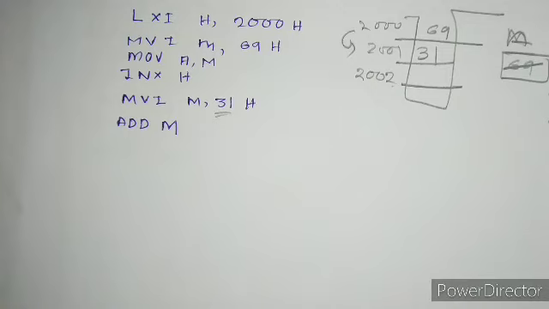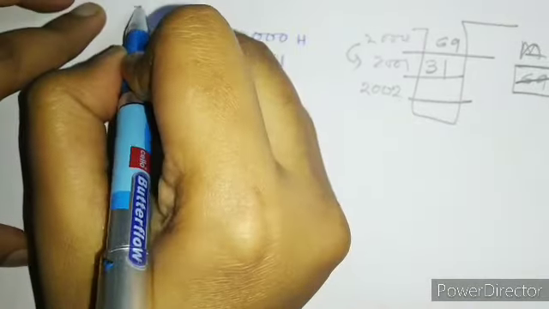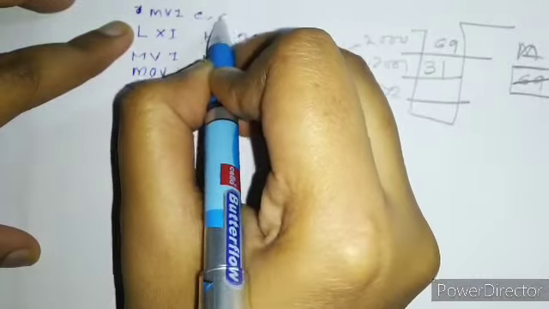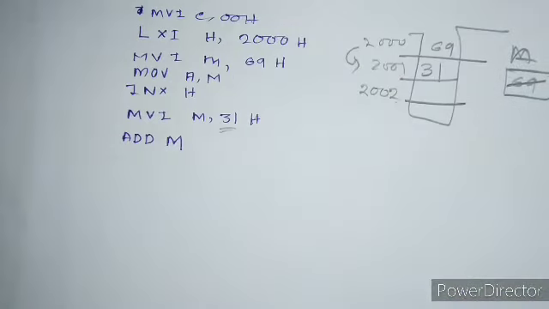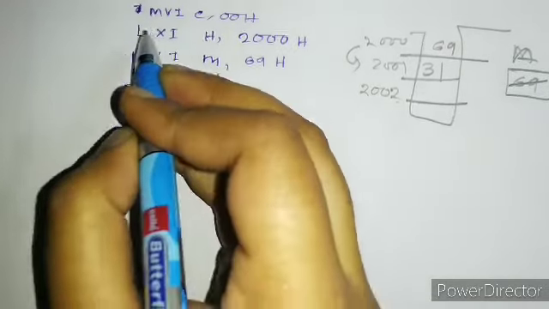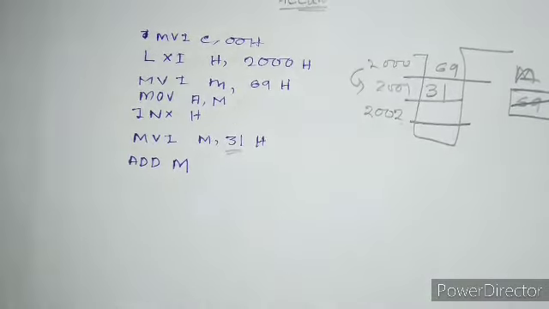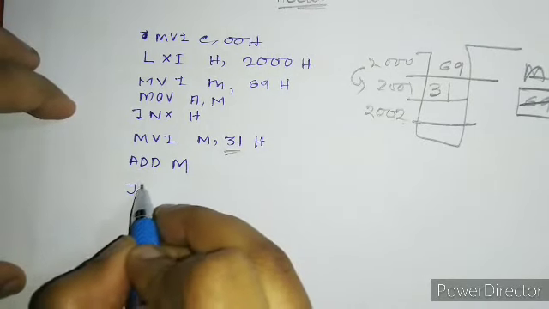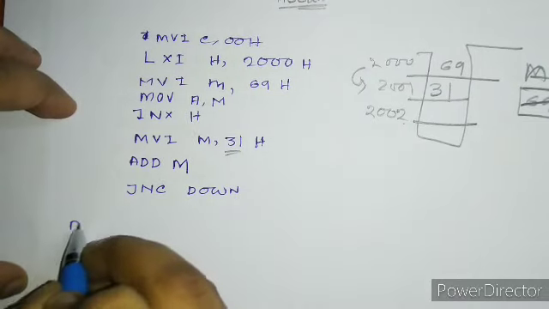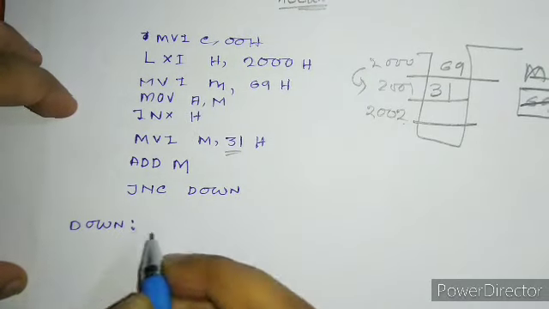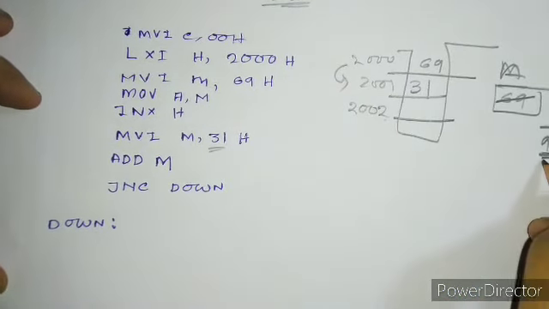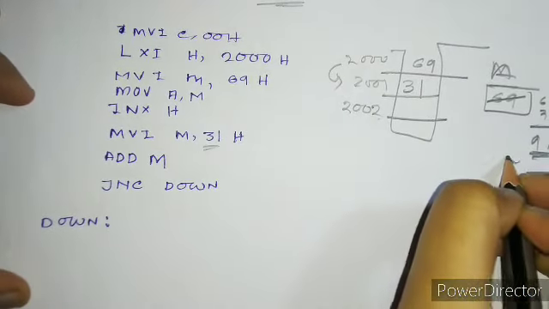What happens? First I have to initialize any register with 00H, or any value, that depends on you. I have taken 00H. My addition is done. Let me check. Jump if not carry to down. Come to down. Now when we come to down, the value that is stored in my accumulator, you have to